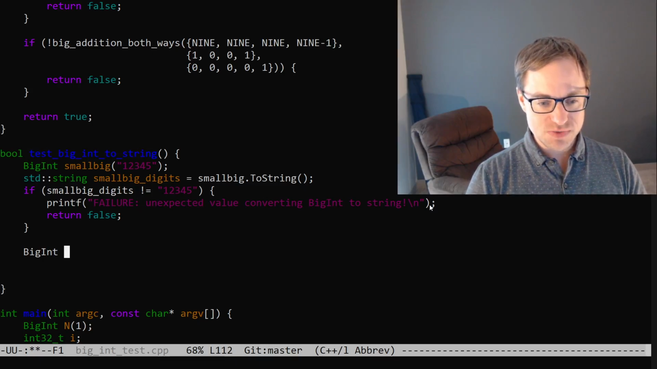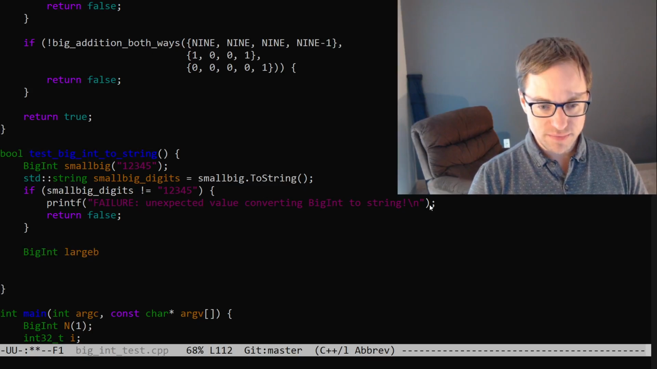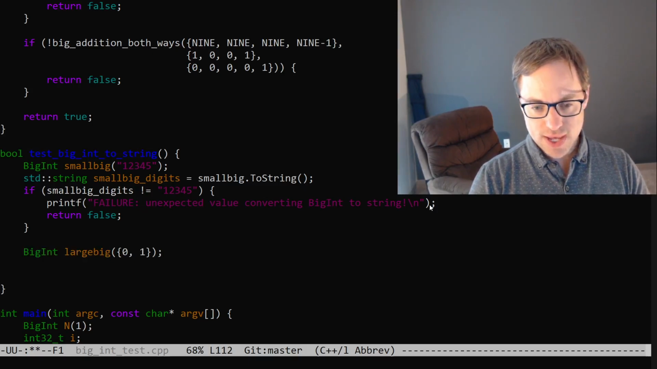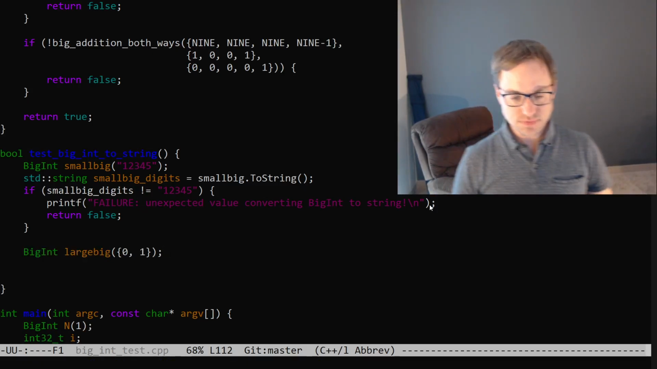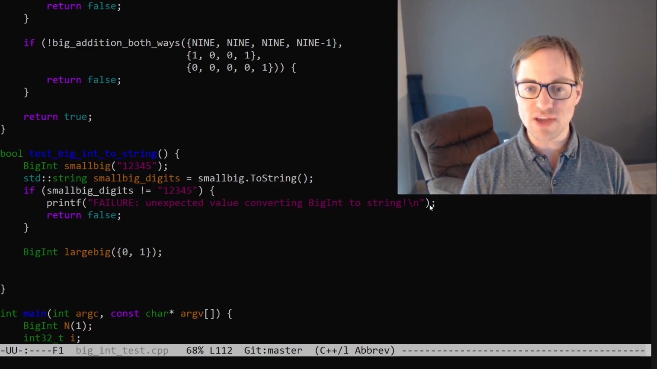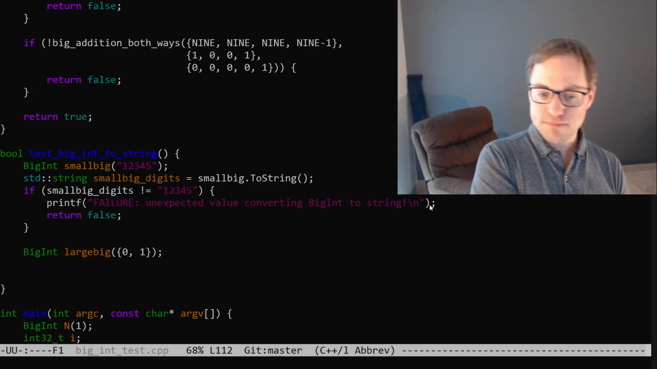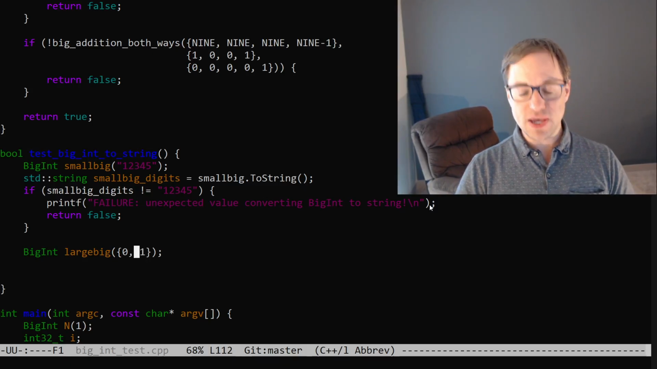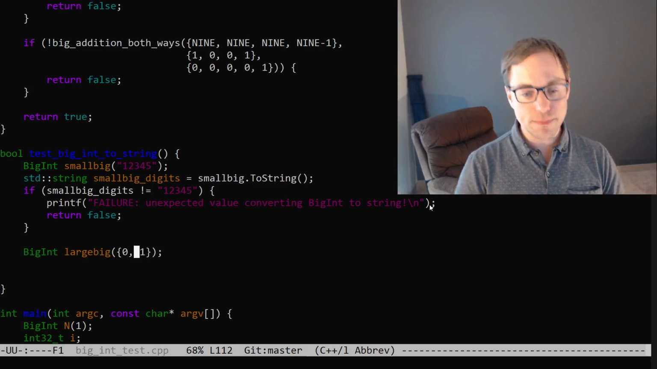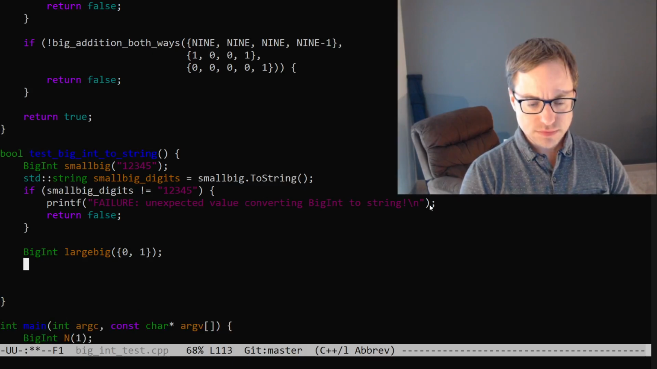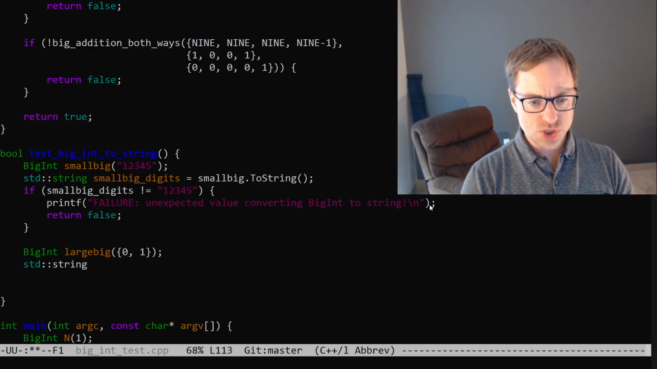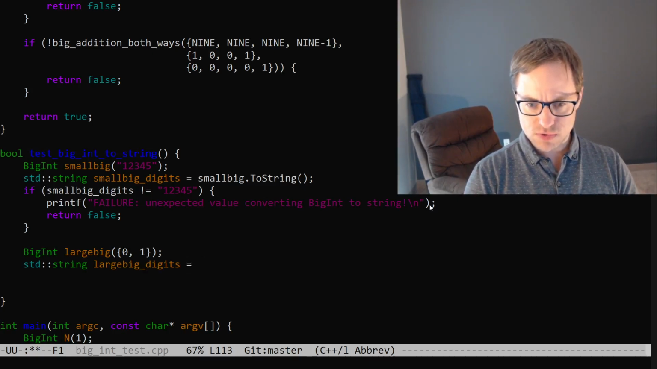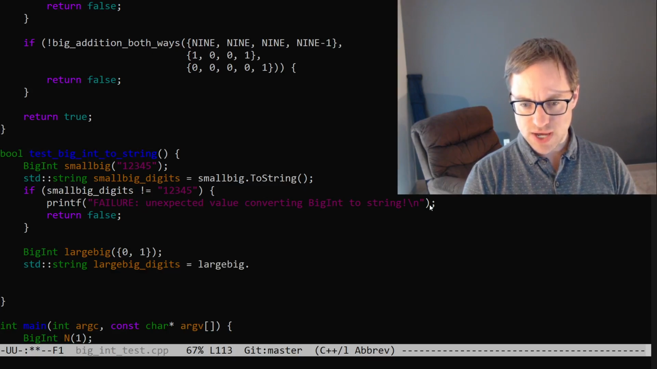All right, so BigInt, we'll call it large big. And we're going to initialize this with 0, 1 in an initializer list. And this is saying that the first 32 bits are 0, and then the 33rd bit is going to be a 1. That is, our big integer is going to be 2 to the 32nd power. Okay? And then we'll say std string large big digits is equal to large big dot to string,